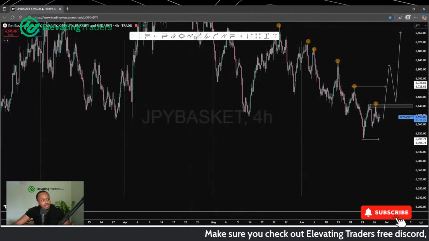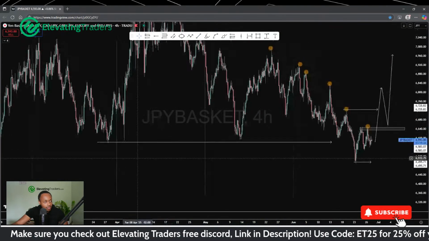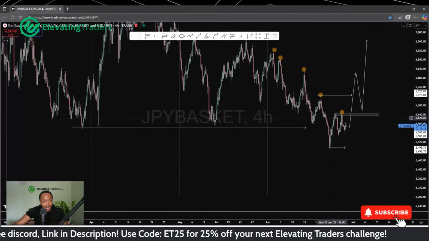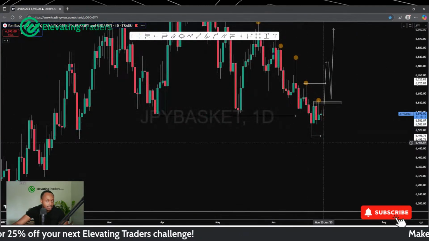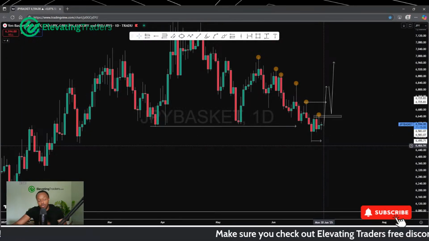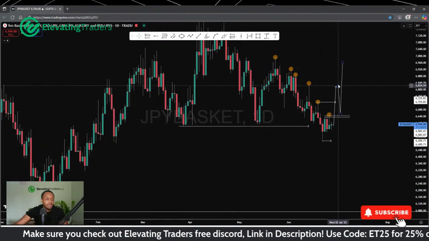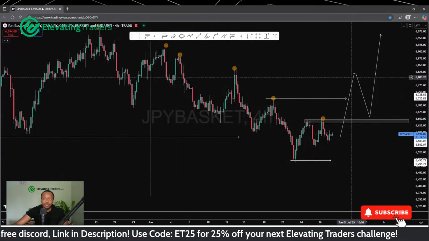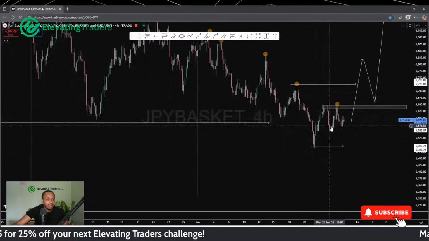Price is, to a degree, finding it difficult to really break through the lows here. This was a very powerful level of support, big reaction once, another big reaction again. We did break through, but we have somewhat recovered. And if I expand to the daily chart, you can see we did leave a pretty aggressive wick to the downside. So it looks like price is breaking through, but I wouldn't say the breakout is clear or obvious. So if price does start to see some momentum, we take out some highs, then yeah, yen can shift. But we need to see this move before I talk about the buys on the yen itself. For now, the lower highs are intact, everything's still pretty bearish.